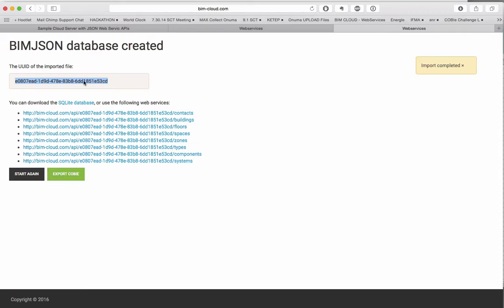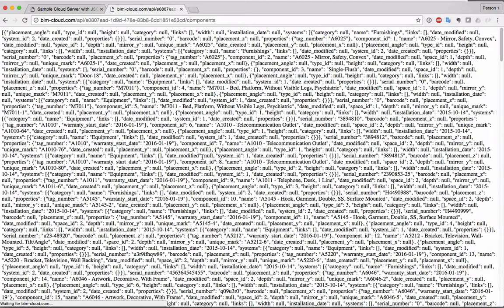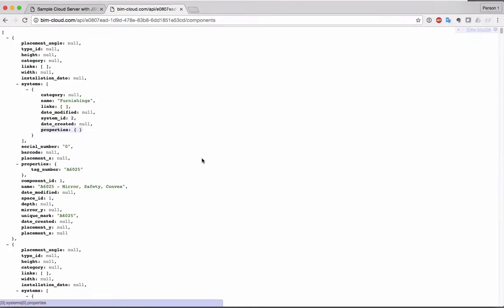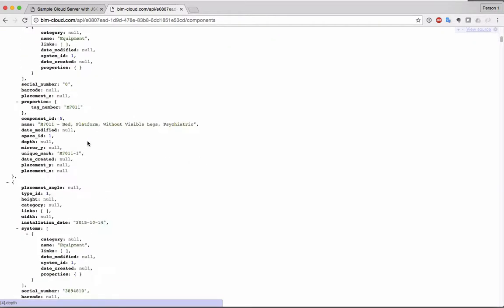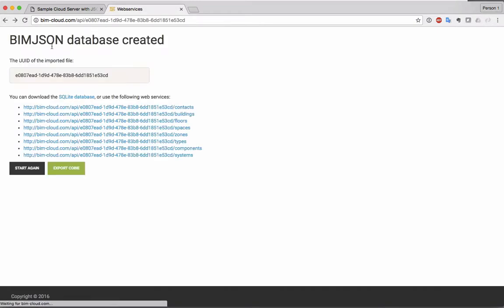So in other words, you can import U.S. Army Corps of Engineers workbook and export COBie on the fly just with this tool. But if you want to add new functionality, all the web services are available here. For example, with components, if I click on this, this is what a machine readable format and JSON web services would look like for all of the components in the building. Let's copy the unique ID right here